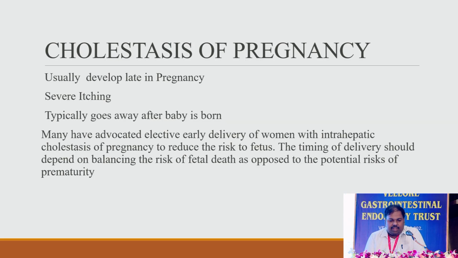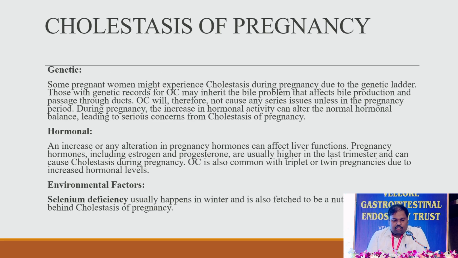The last, a small talk on cholestasis of pregnancy. It usually develops late in the pregnancy. It causes severe itching. It typically goes away after the baby is born. Usually, it is due to 3 causes. One is it could be a genetic predisposition. The next is it could be hormonal,